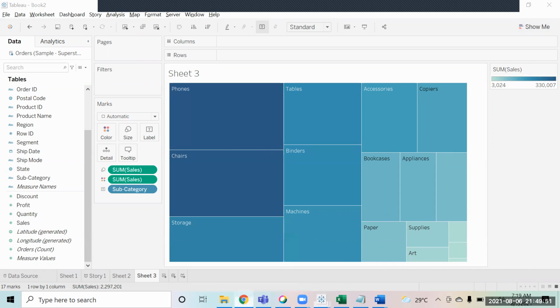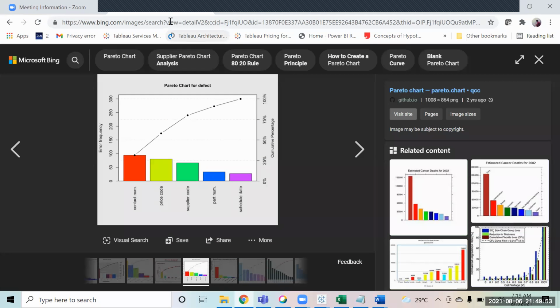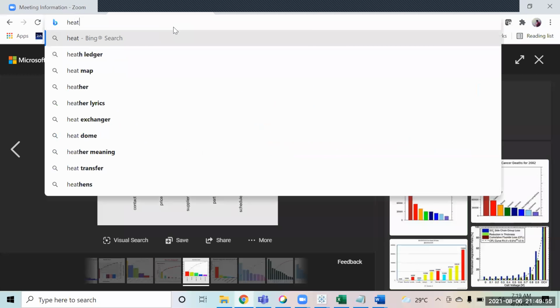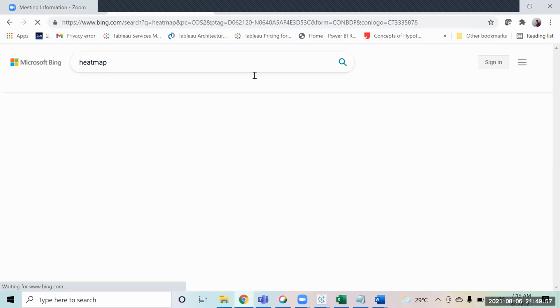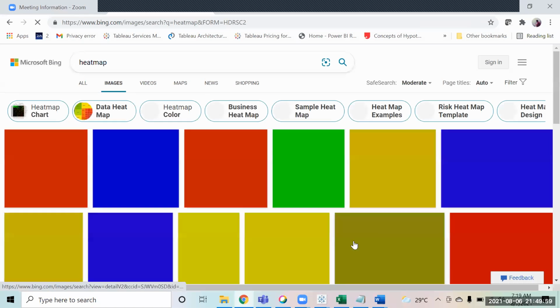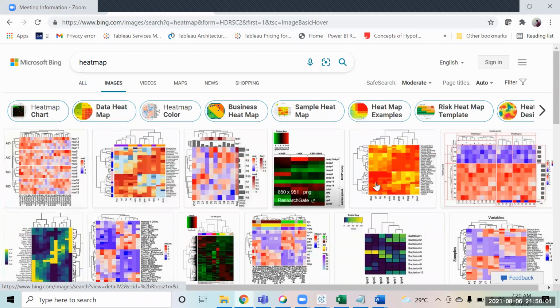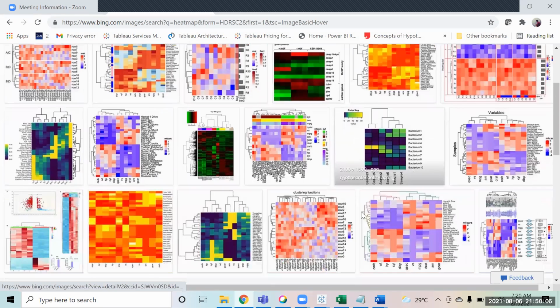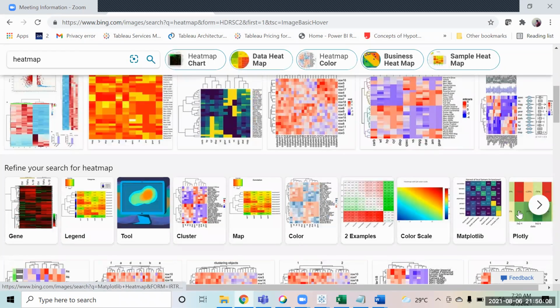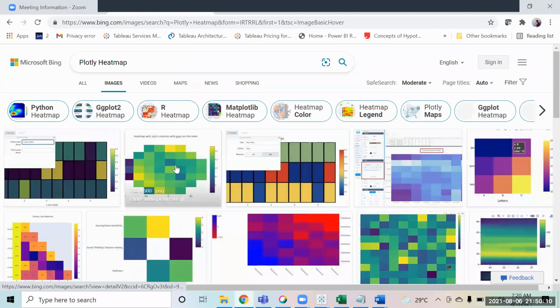Let me show you over here. So, heat map. This is the chart. When the items are more, it looks very dense. Otherwise, when the items are fewer, this is how heat maps look.